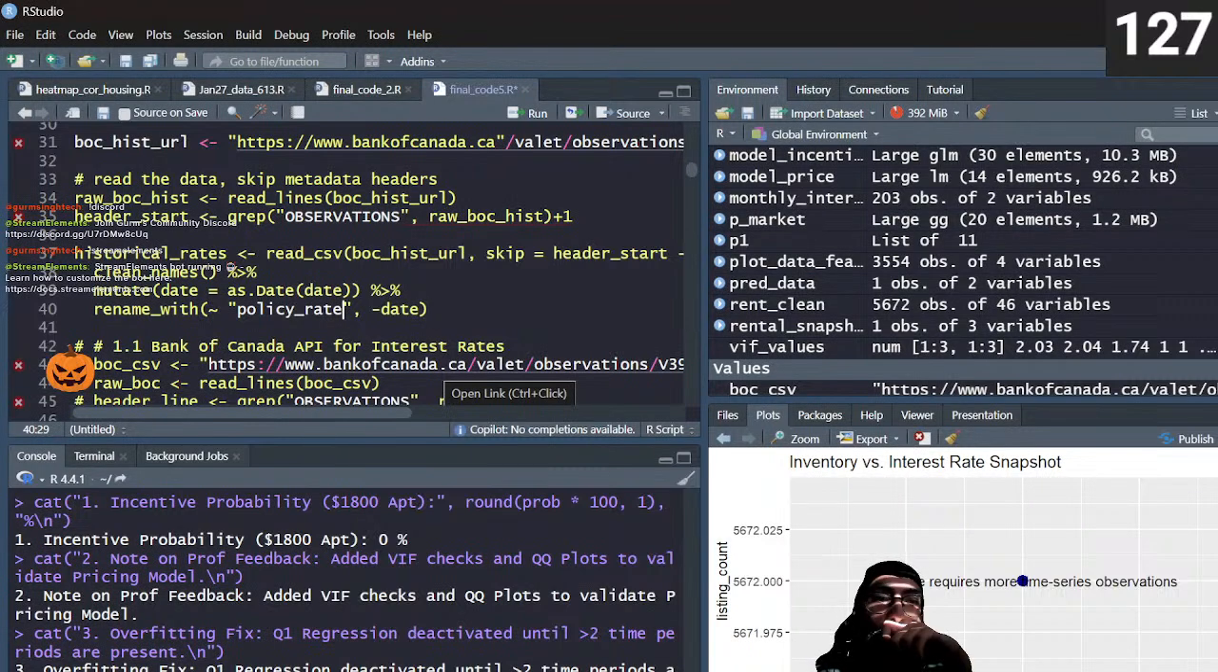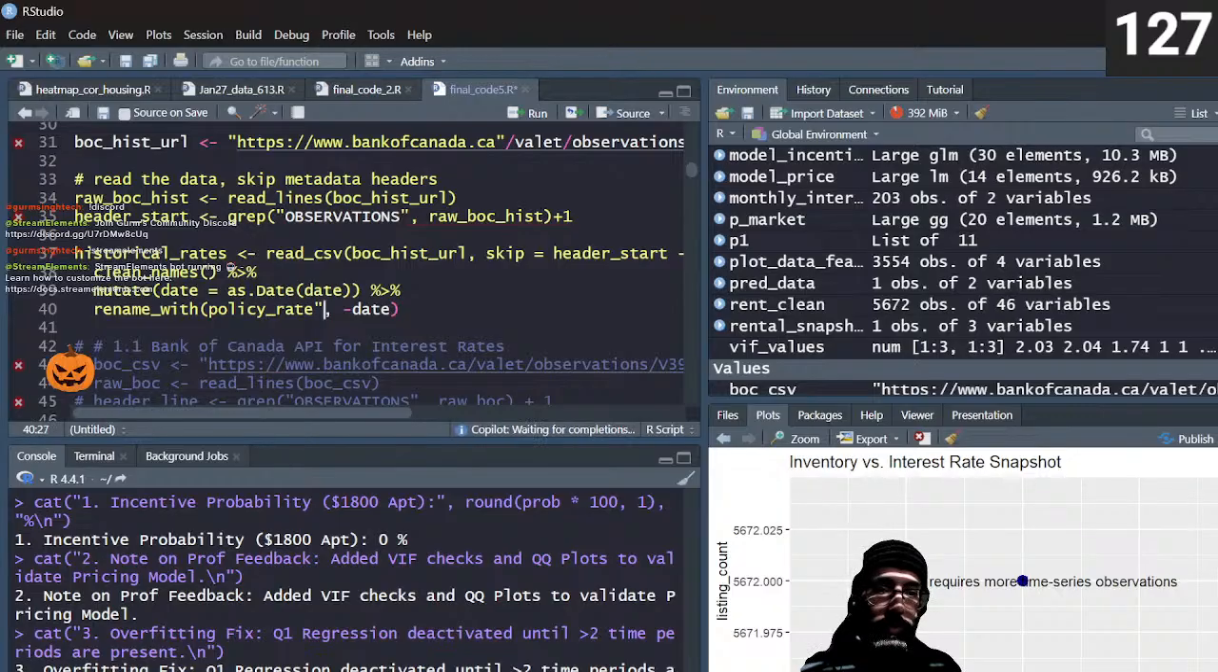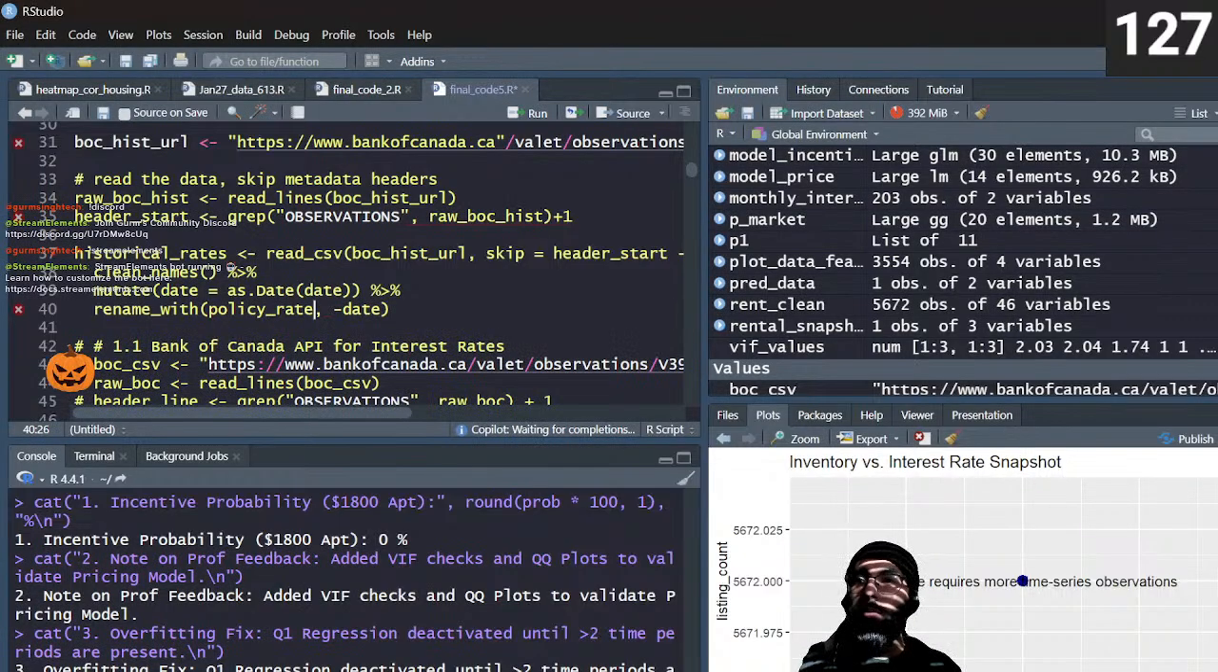Okay, so clean names, that's the pipeline operator. Mutate as the date, another pipeline. Rename policy_rate equals. Okay, so I don't need this part. I didn't get it fully. Rename policy rate as... Oh, I probably used the bottom code to figure out the top one. Rename policy rate as